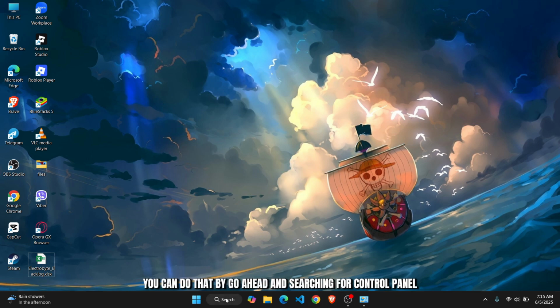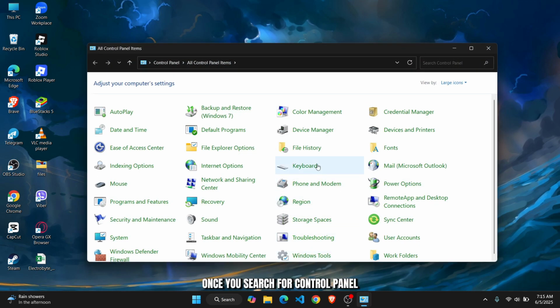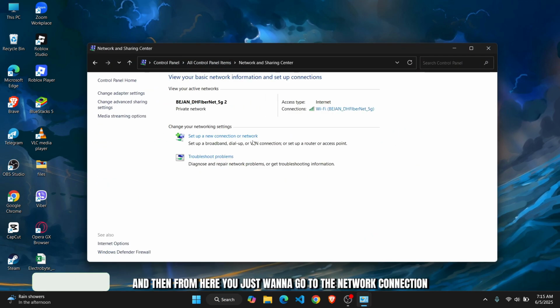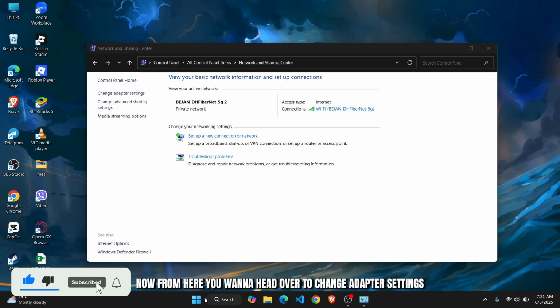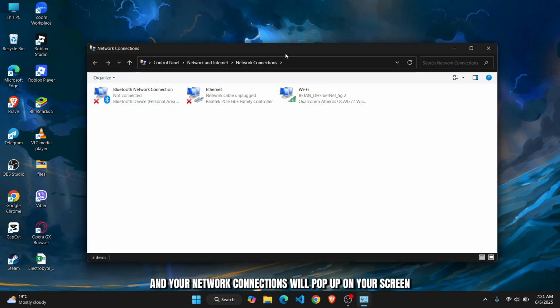You can do that by searching for control panel. Once you search for control panel, go to network and sharing. And then from here, you just want to go to the network connection. Now from here, you want to head over to change adapter settings and your network connections will pop up on